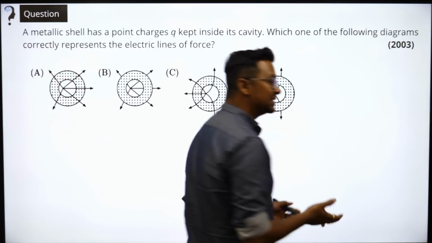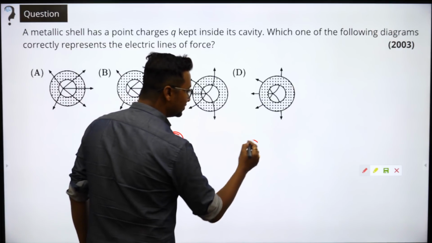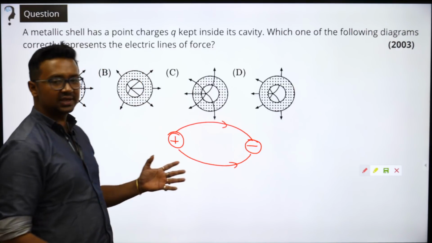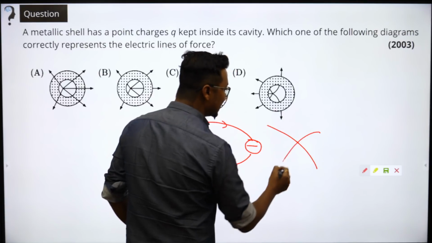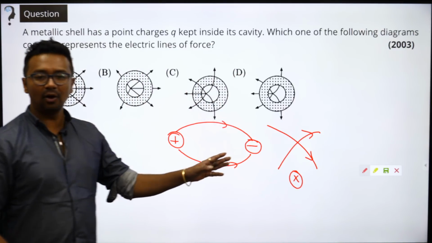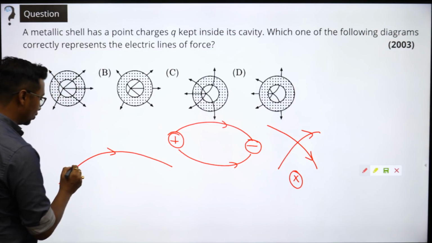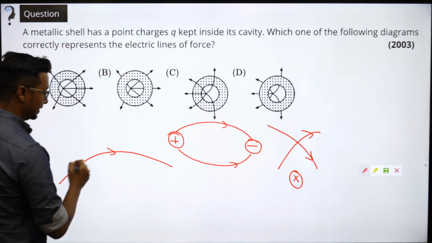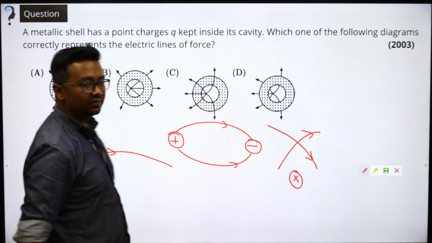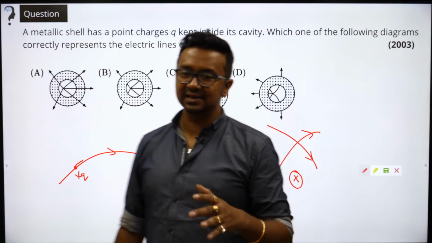देखो, electric field lines से कुछ concepts होते हैं. Number 1, I'll tell you all the concepts. Positive charge, negative charge. ठीक है, they will go out from positive, they will enter into negative. First thing, दो इलेक्ट्रिक फील्ड लाइंस कभी भी एक दूसरे को क्रॉस नहीं करते, so this never happens. All right, and if I have got an electric field line, the charge is going to follow this particular thing. अगर मैं इस चार्ज को यहां छोड़ दूं, प्लस चार्ज को, it is going to go along the direction of the field line out here.